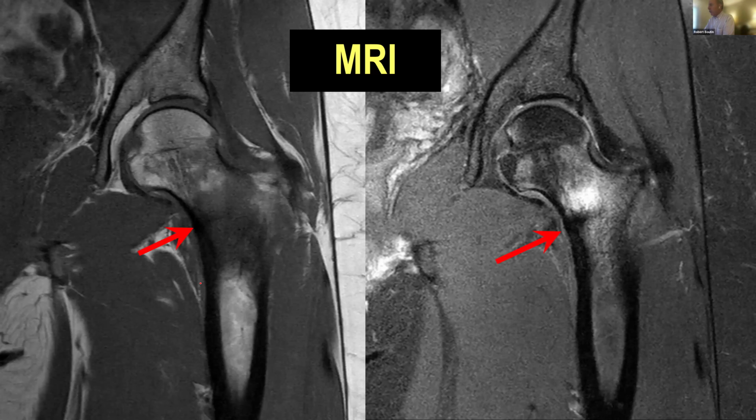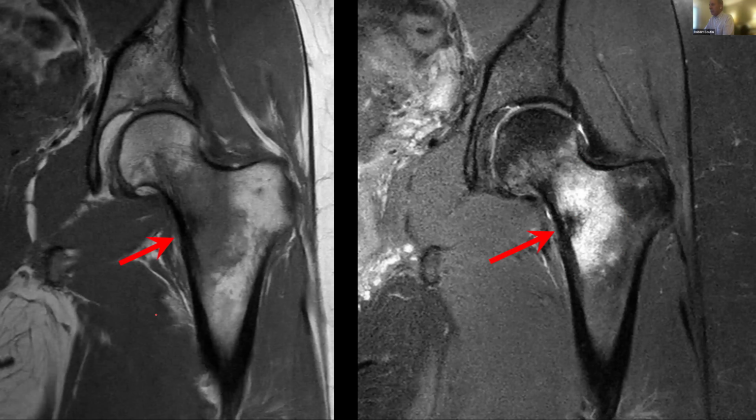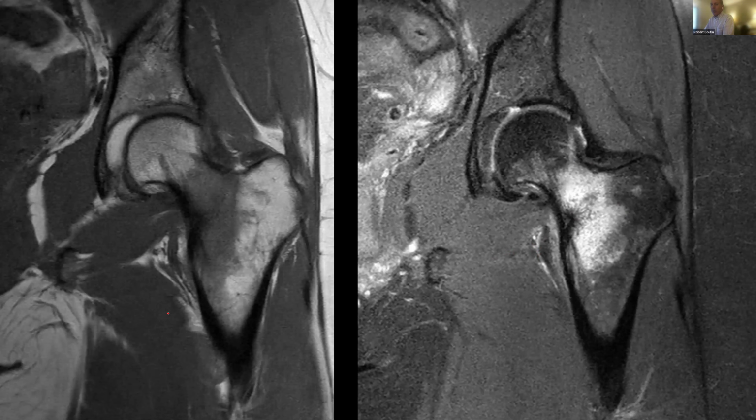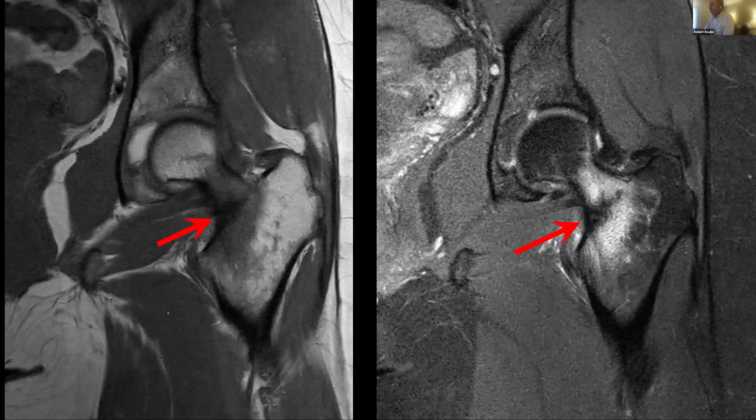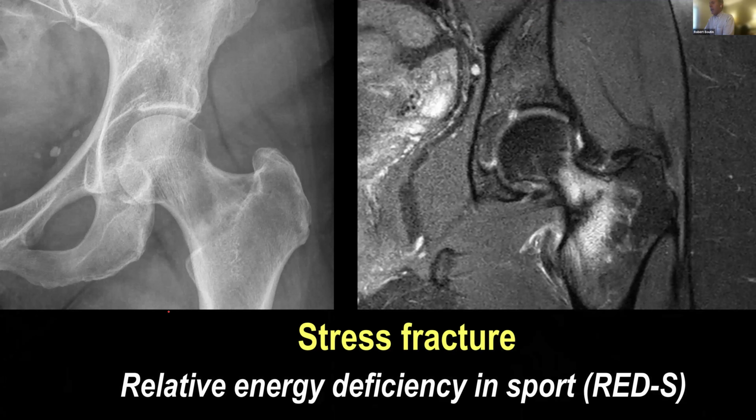That we saw the radiograph on, just to prove it to you and show you the MRI. You can see this band of low signal intensity on this cut, just contacting the medial cortex, but with really intense adjacent bone edema. And as we scroll through these images, we can see this linear low signal intensity gets farther across the cortex, like we saw radiographically. And this is a stress fracture. And this patient was diagnosed with relative energy deficiency in sport. Okay.